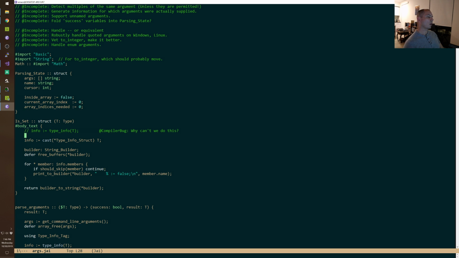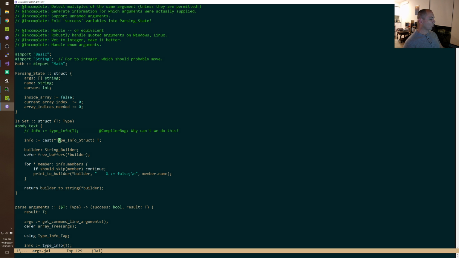compile time. If you were running at runtime, there's the possibility that somebody might have turned on the option to strip type information. And then if you did that, you wouldn't be able to do any of the stuff that we were doing. But in such a case, you wouldn't be able to do the cast because the type would be just like an anonymous integer. But at compile time, there's no such thing as stripping type information, right? So anyway,